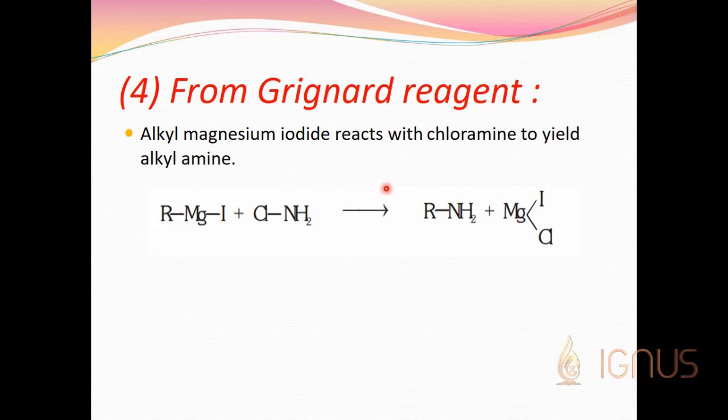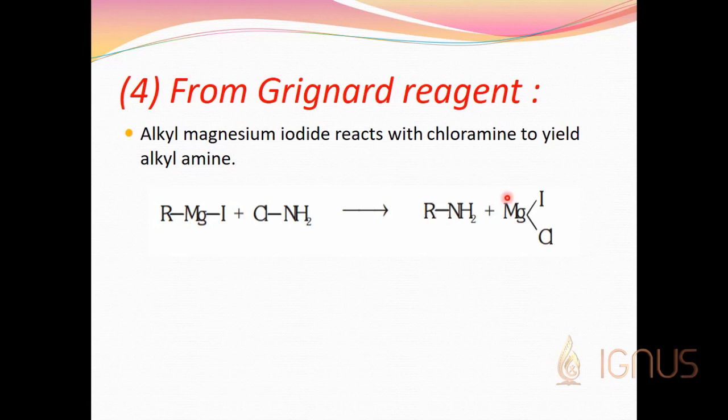Next, a very important method, note down, from Grignard reagent. Alkyl magnesium iodide reacts with chloramine to yield alkyl amine. Here, this is a Grignard. When we treat Grignard with chloramine, you'll be getting primary amine as the product. Always remember in Grignard, the alkyl group is a nucleophile. It will attack over this N because it is an electrophilic center. R will attack over this N, hence it expels out Cl because Cl is a readily leaving group, and you will be getting RNH2 as the product